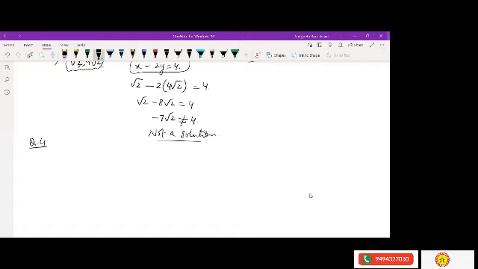Find the value of k. Here you have to find the value of k if x equals to 2 and y equals to 1 is a solution of the equation 2x plus 3y equals to k. It is saying that if this is a solution of this, then find the value of k. So x is given, y is given. Just put these x and y in this equation. You get 2 into 2 plus 3 into 1, and this is your k. So what do you get? 4 plus 3 equals to 7. So that means your